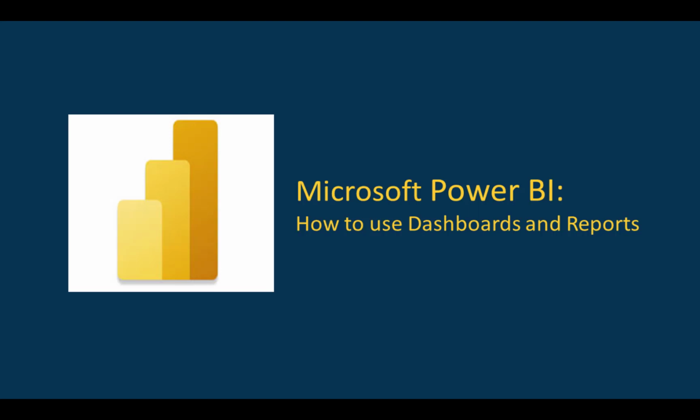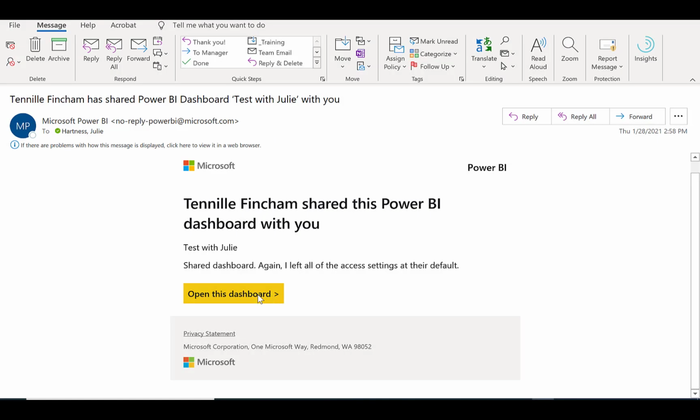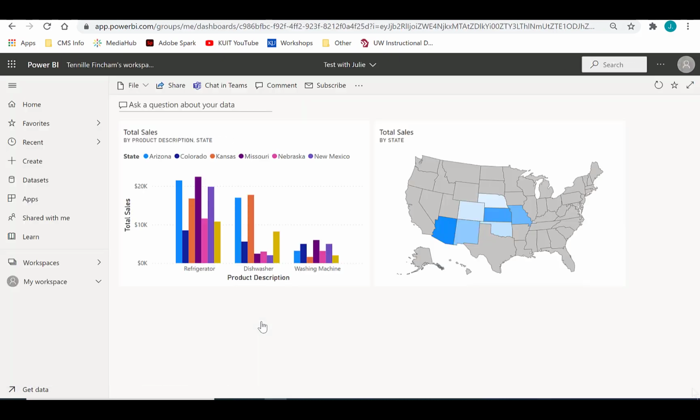When a report or dashboard is shared with you, you will receive an email message. After you click on the link to open the dashboard, you'll be prompted to log into Power BI with your KU Online ID and password. After logging in, you'll be taken to your online Power BI account where the shared dashboard or report will be